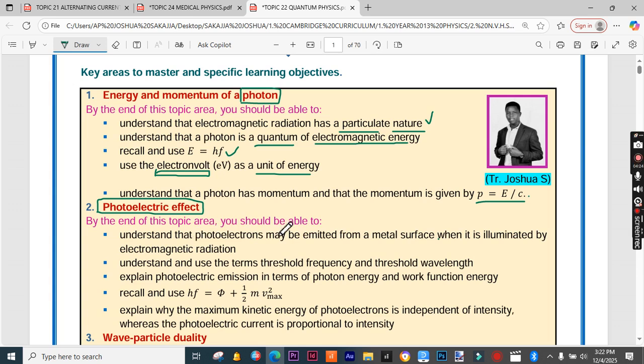So by the end of this topic area, you should be able to understand that photoelectrons may be emitted from a metal surface when it is illuminated by electromagnetic radiation. This is specific to the use of ultraviolet radiation that has the frequency that can eject electrons from the metal surface. Then number 2, understand and use the terms threshold frequency and threshold wavelength. The minimum frequency below which no photoelectron is ejected from a metal surface is the threshold frequency. So it means at threshold